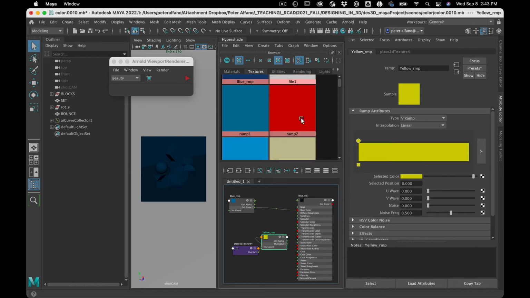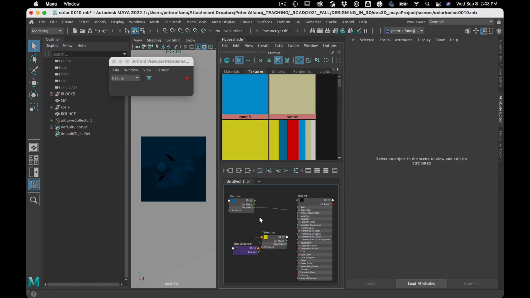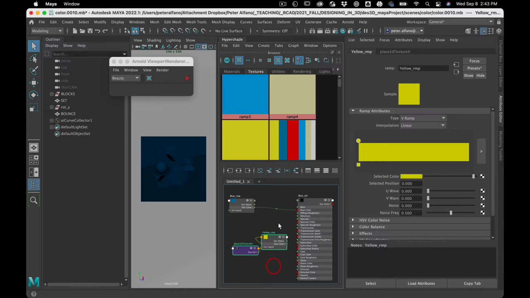And that's how I got these other swatches, right? I made a palette, brought it in as a file texture, created swatches for each, and then it's good to